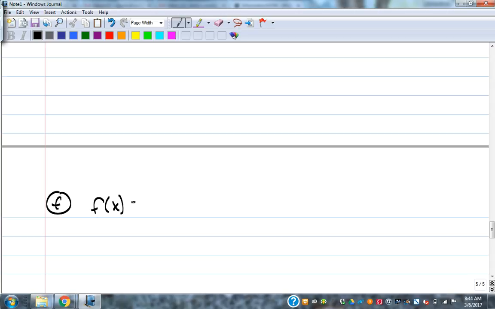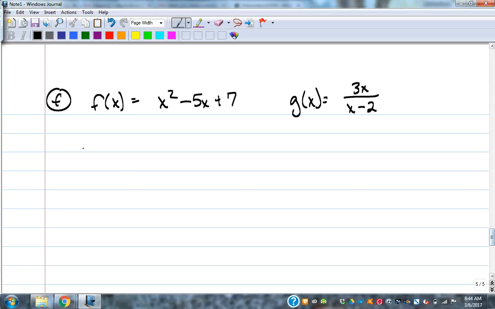F of x is equal to x squared minus 5x plus 7. G of x is equal to 3x over x minus 2. Let's find G composed with F of x, and so